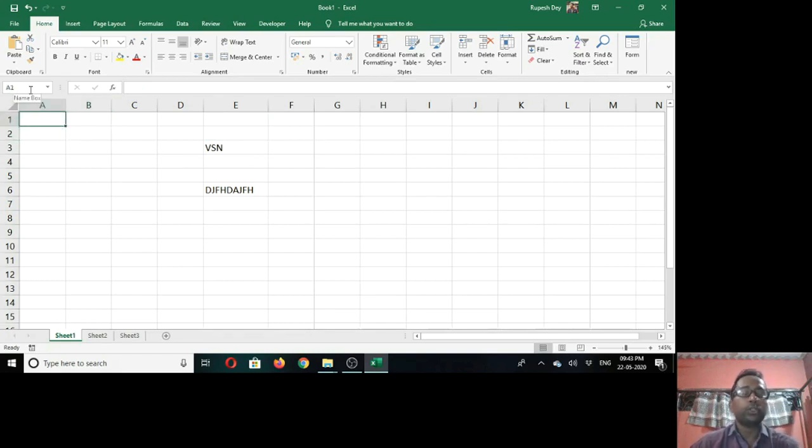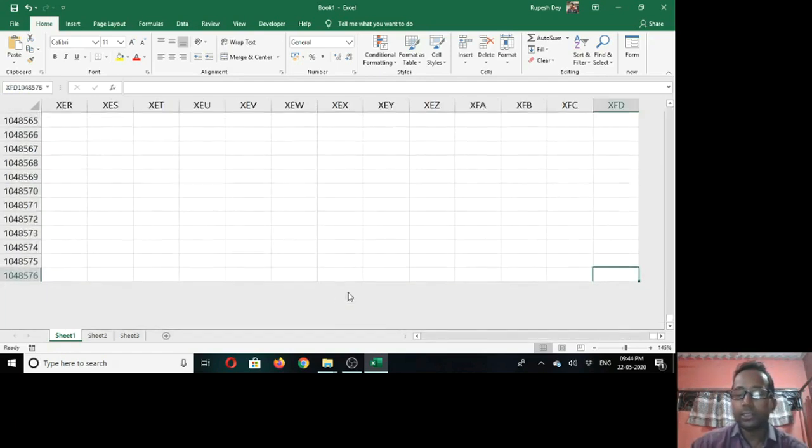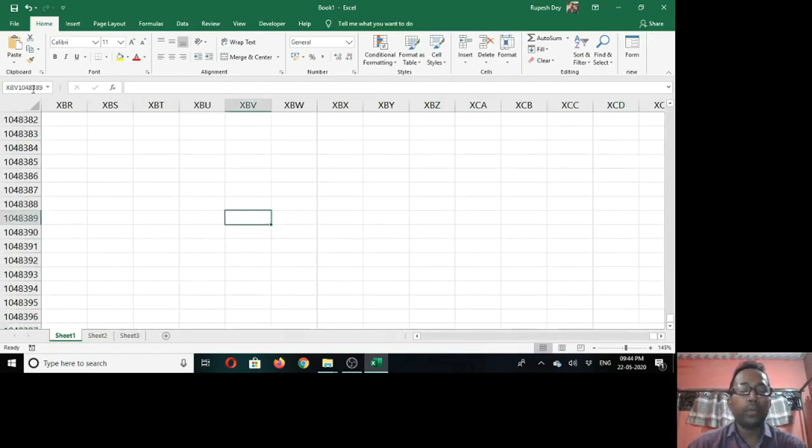This name box also allows us to navigate from one cell to another cell. So you just type the address of the cell here and press enter. That cell will become active. That means it will move you to that cell. So in this way, easily we can go to the last cell of the worksheet. So what will be the address of the last cell? It is the intersection of the last column and last row. The last column label is XFD and the last row number is 10,48,576. Press enter. See, this is the last cell. After that, no more cell is present in this worksheet. Again, if you want to go back to the first cell, type A1, press enter.